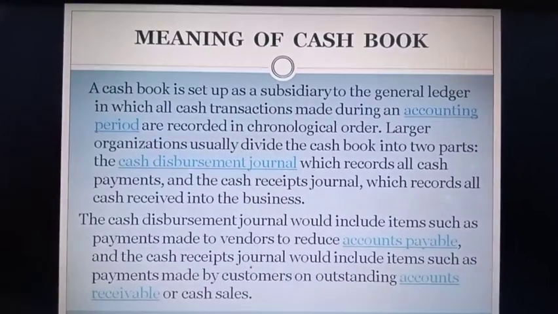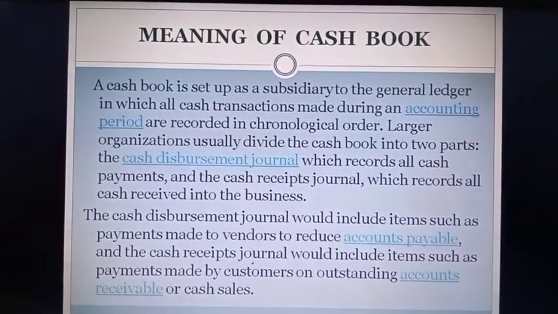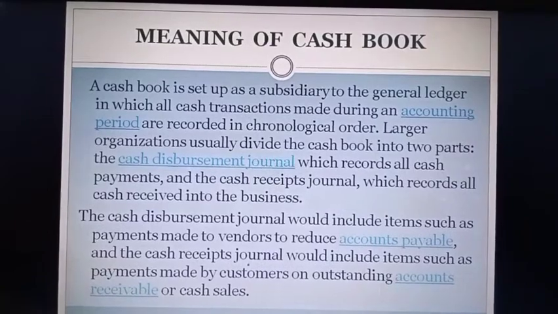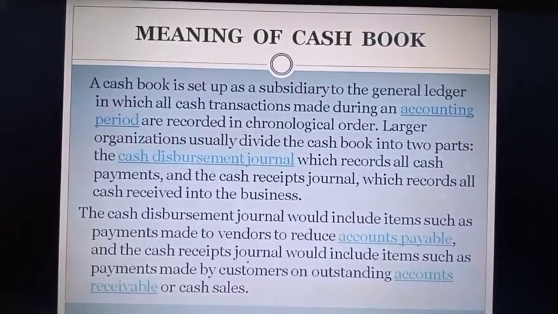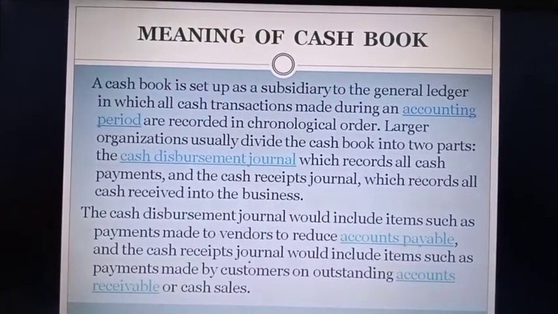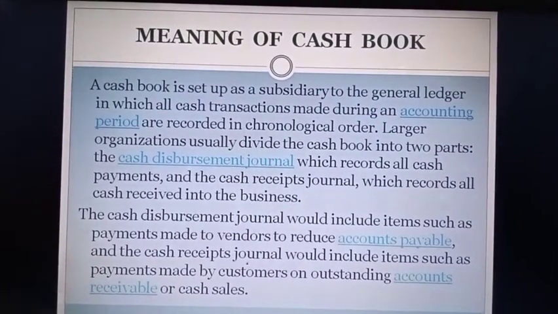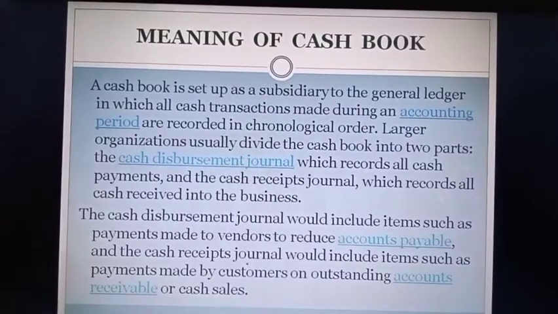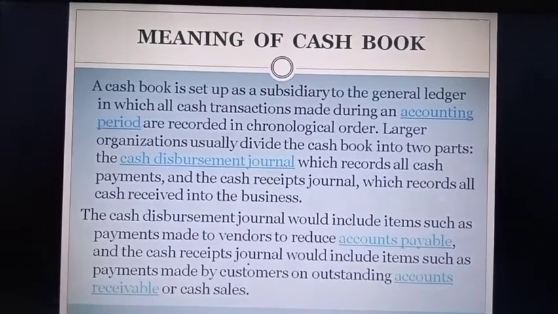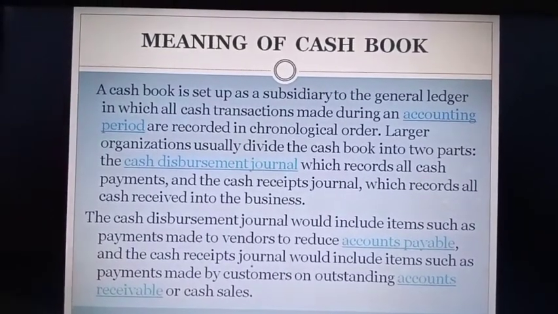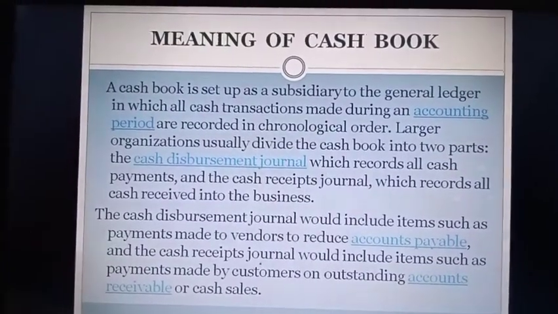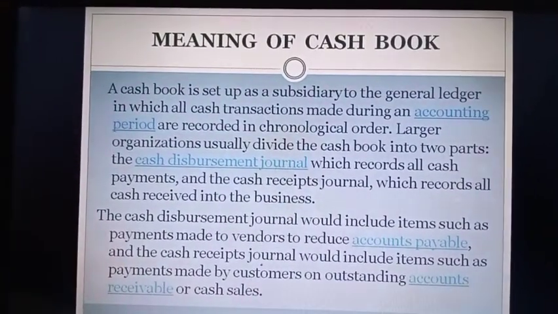That means cash book is also treated as a journal and a ledger. Whenever a cash transaction happens, we can directly record it in the cash book, and since it is a ledger also, we can record those cash transactions in the cash book. That is why it is known as a generalized ledger. Always remember, cash book can also be called a generalized ledger, because it is a subsidiary book as well as a book of original entry.